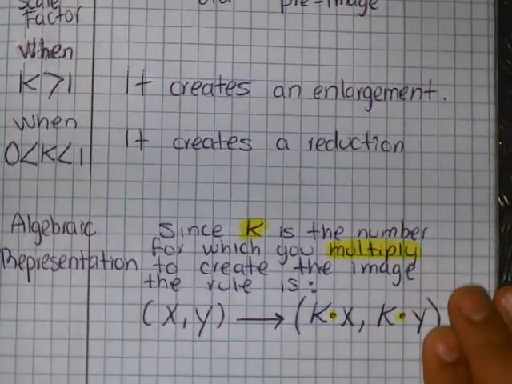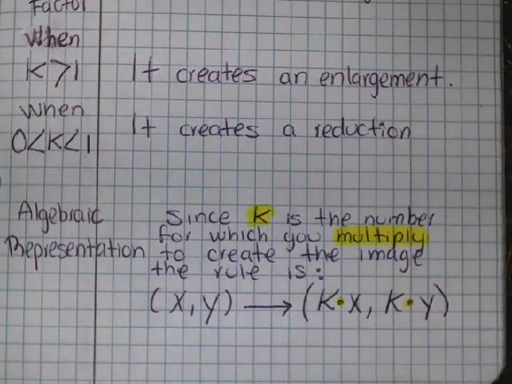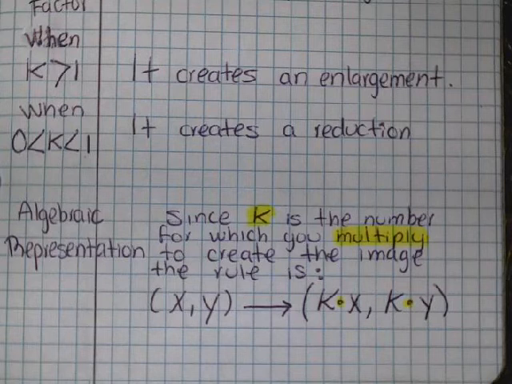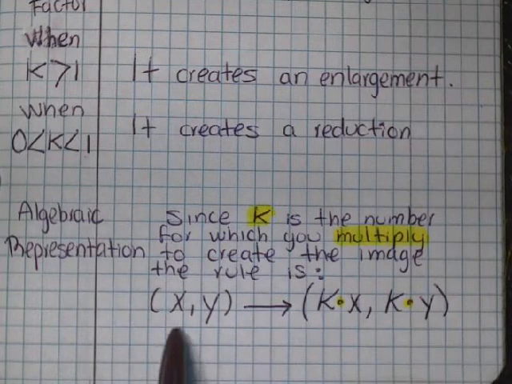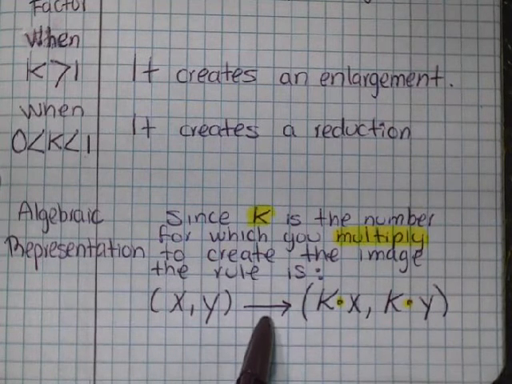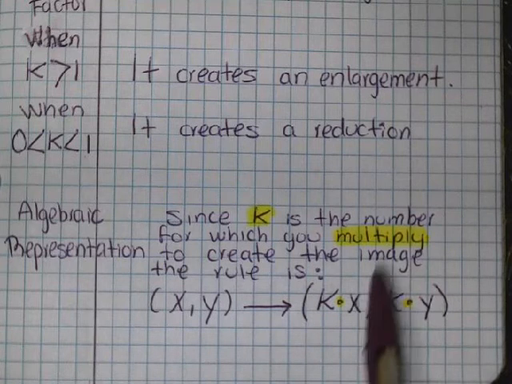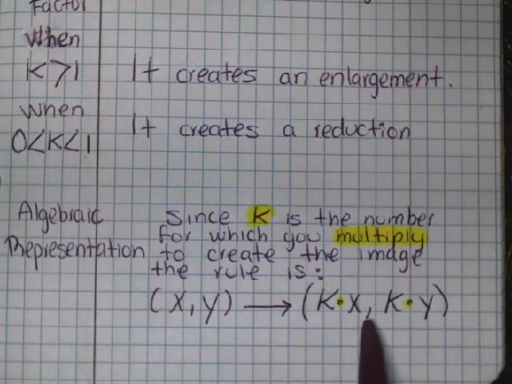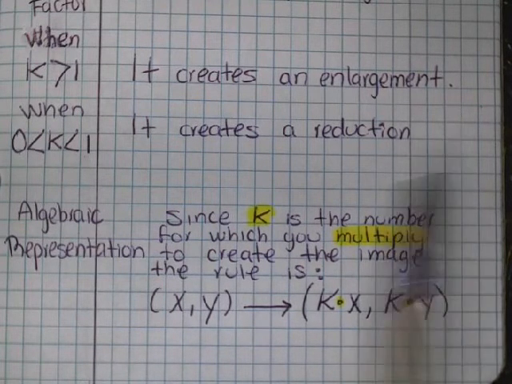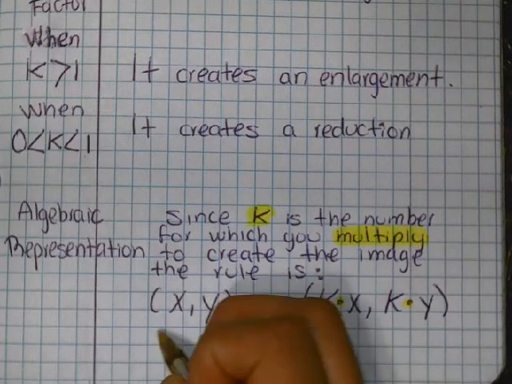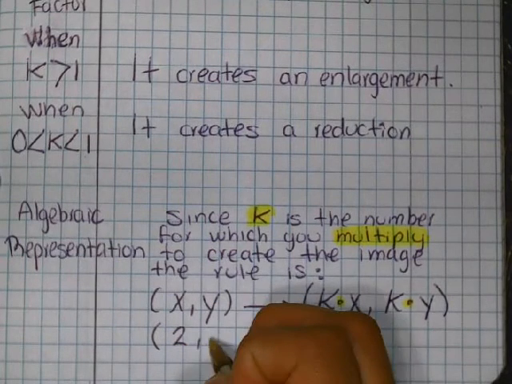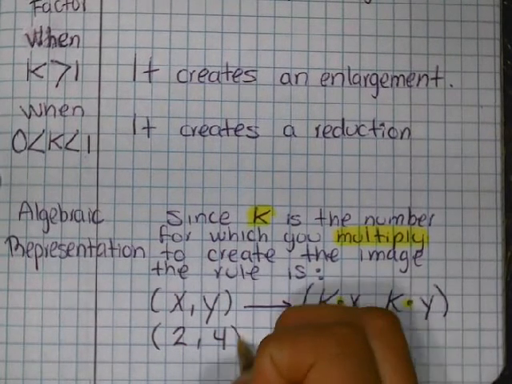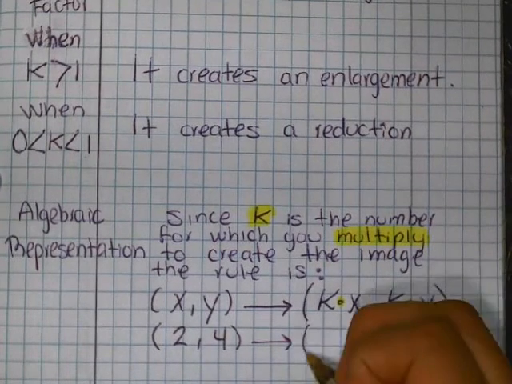The algebraic representation is the next thing that I'm going to talk to you about. The algebraic representation for dilations is a rule that produces my transformation. Since K is the number by which you multiply to create the image, the rule is given by (x, y) becomes (Kx, Ky), because remember, I'm going to multiply times K. So that means that if my input point has the coordinates (2, 4), and I use the formula